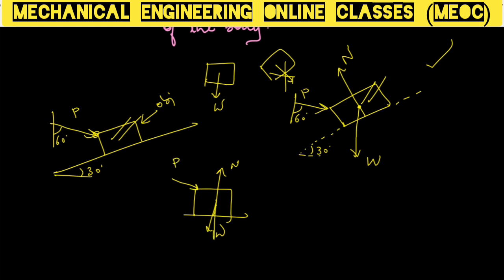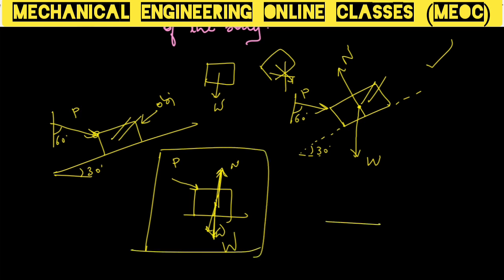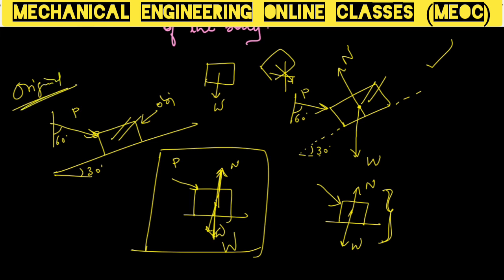In this particular case, our normal reaction and weight forces got balanced. If at all you are drawing the object as kept on a horizontal plane, then the normal reaction is vertically upward, weight is vertically downward, P is as it is. Whereas this is not actually talking about the original case. The original actual case is this. What is the actual case? The normal reaction is here, the weight is here. So in this particular assumption of taking the object horizontal, your normal reaction and weight are parallel to each other and passing through each other.